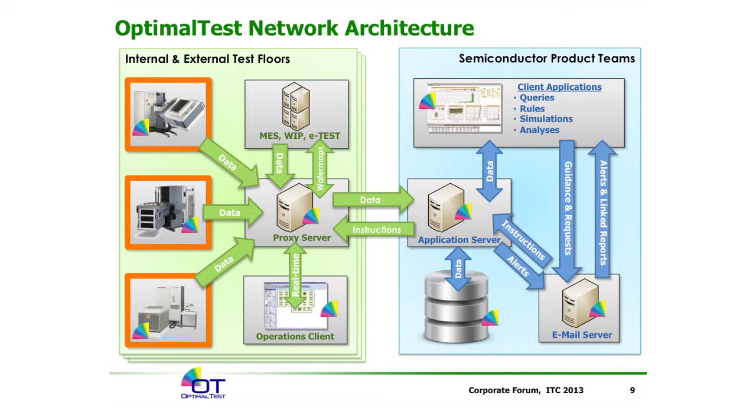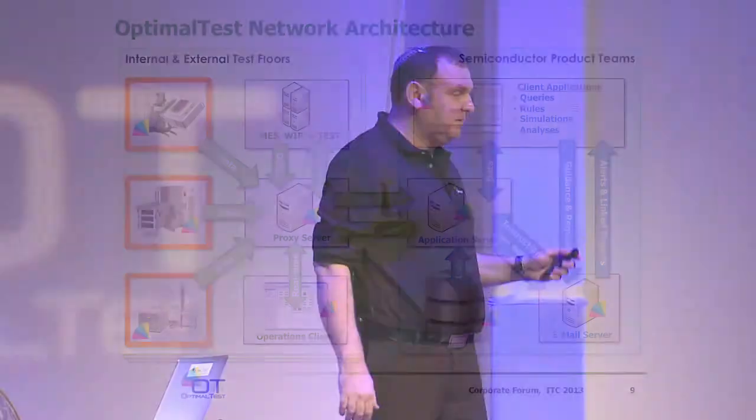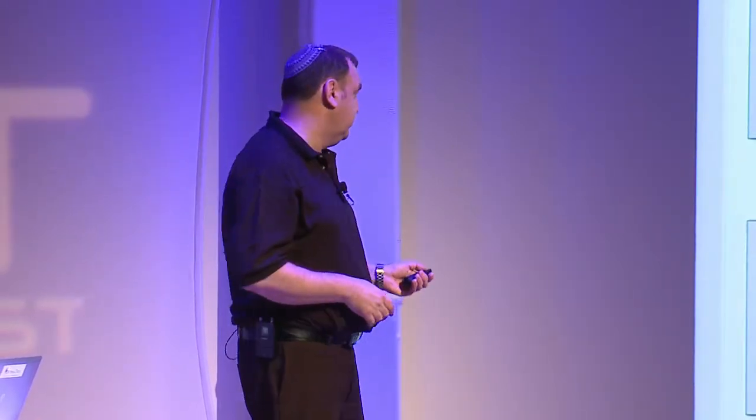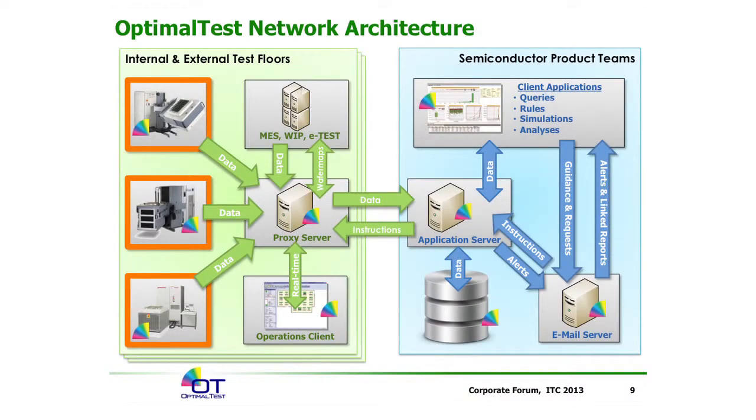So for example, if we're doing test time reduction, it'll be the OT Proxy which will be toggling tests on and off based on the test time reduction rule that has been provided. We can also interact with the tester in other ways. For example, in critical situations for customers who've bought our online solutions, our real-time solutions, we can actually make a tester pause. So if we detect some kind of significant excursion, we can stop the tester and prevent that excursion